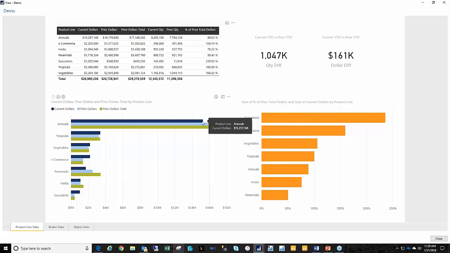Obviously you can see where we are today. Last year on this date, we were quite a bit more. And then this is where we ended up last year. So obviously we are on pace to be down. So I can actually turn on this little arrow here. And then if I click on annuals here,